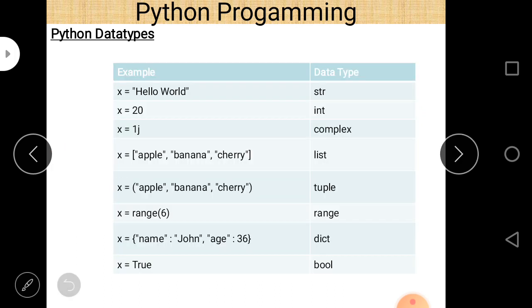So if you pass x is equal to hello world, str is the output; x equal to 20, then int is the output. And if you write 1j or 2j or 3j or 5j, whatever you write, always remember to write j